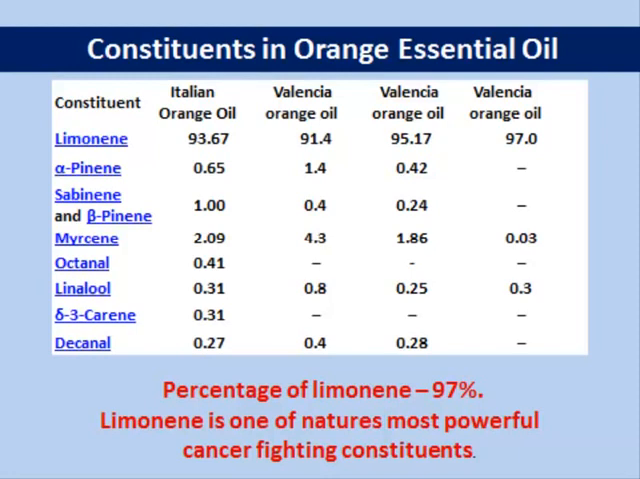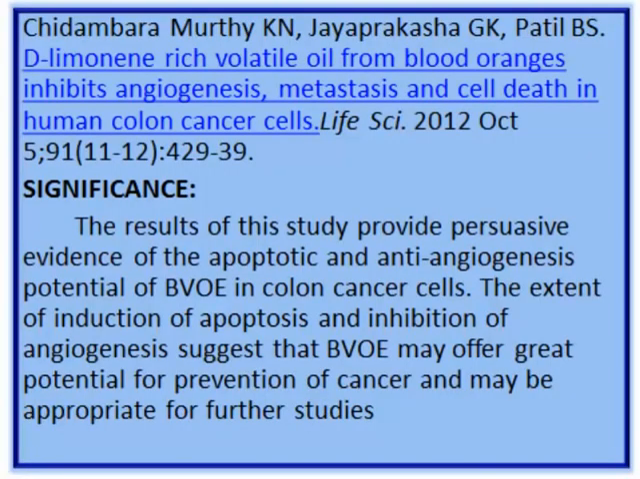Here you can see the percentages of the constituents in orange essential oil. Notice how high limonene is, up to 97%. Research indicates that limonene is one of nature's most powerful cancer-fighting constituents. Knowing the facts about these constituents, you can determine the healing effects that the essential oils will have in your body. A study from the Memorial Sloan Kettering Cancer Center found that D-limonene showed persuasive evidence in the treatment of